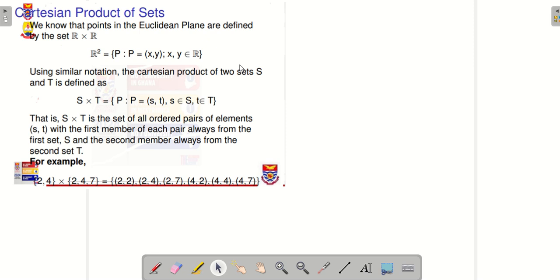When we talk of the Cartesian product of sets, we know that points in the Euclidean plane are defined by the set R by R. Now what it means is that if you have a plane, let me say that the Euclidean plane is the same as the Cartesian plane. The difference is that using the Cartesian plane,